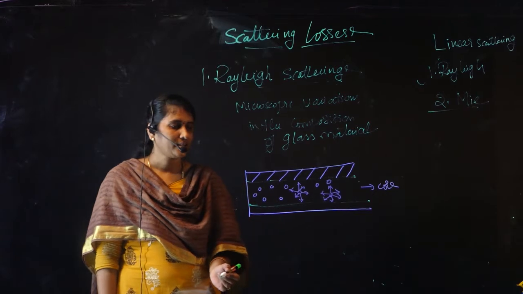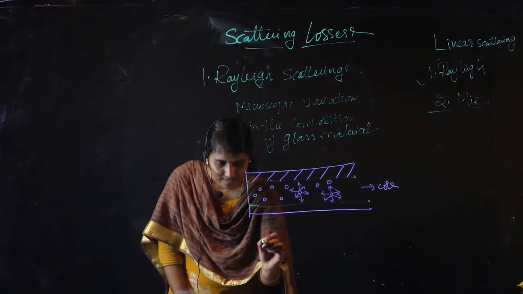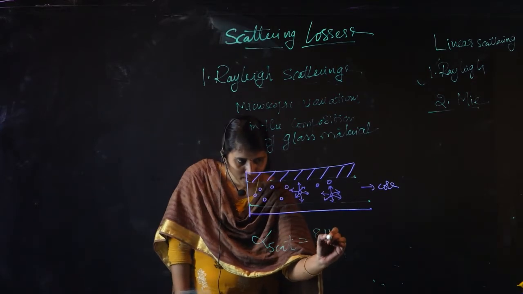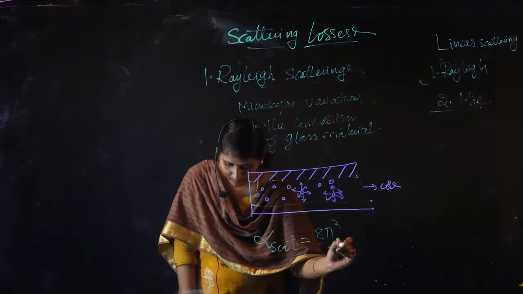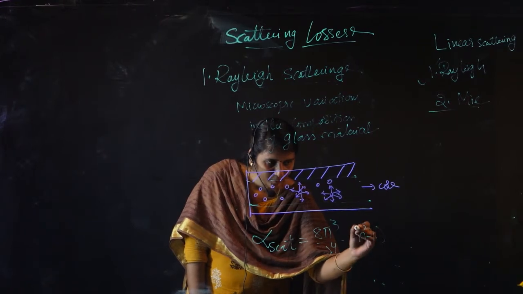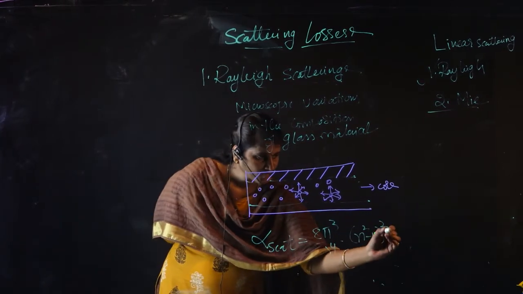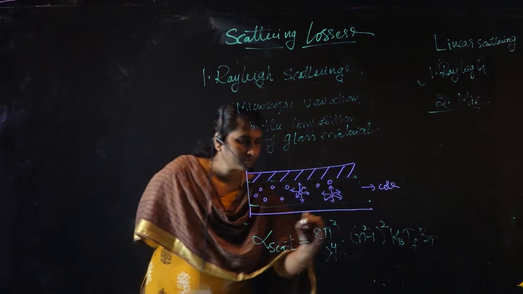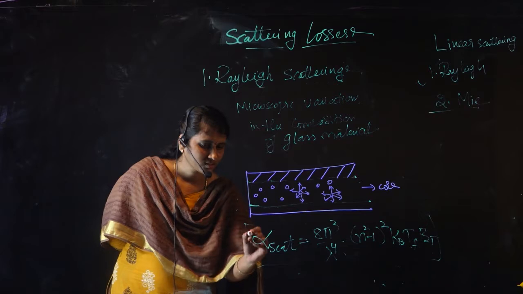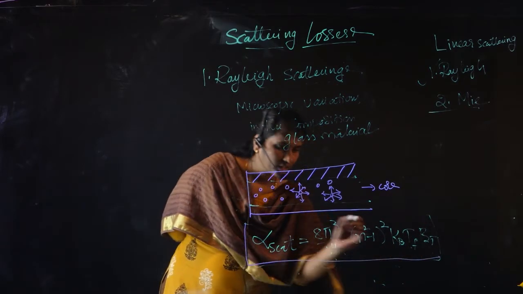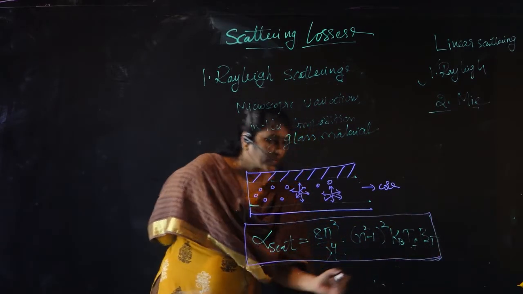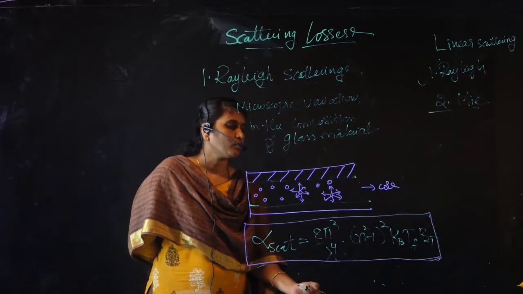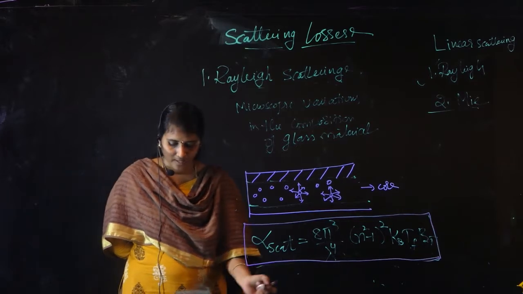So this is your Rayleigh scattering phenomenon, and the amount of loss that can occur, that is the attenuation constant due to Rayleigh scattering, is given by 8π³ / λ⁴ × (n² − 1)² × k_B T_f β_T, where